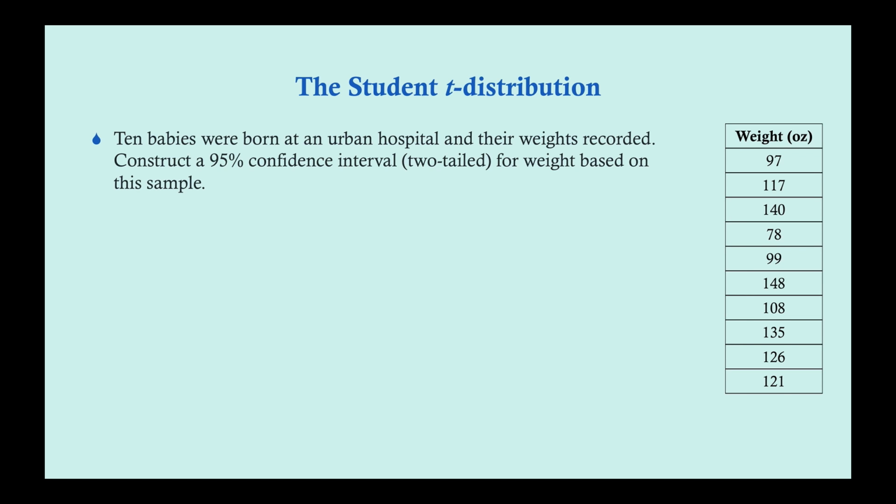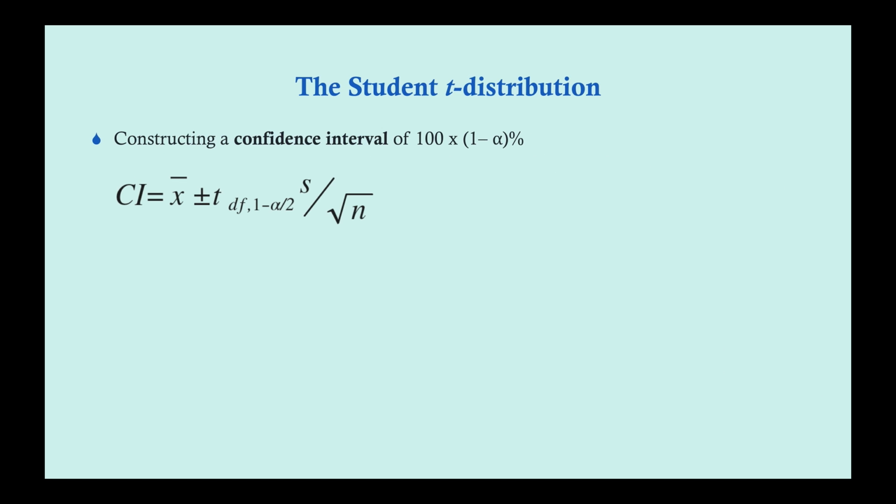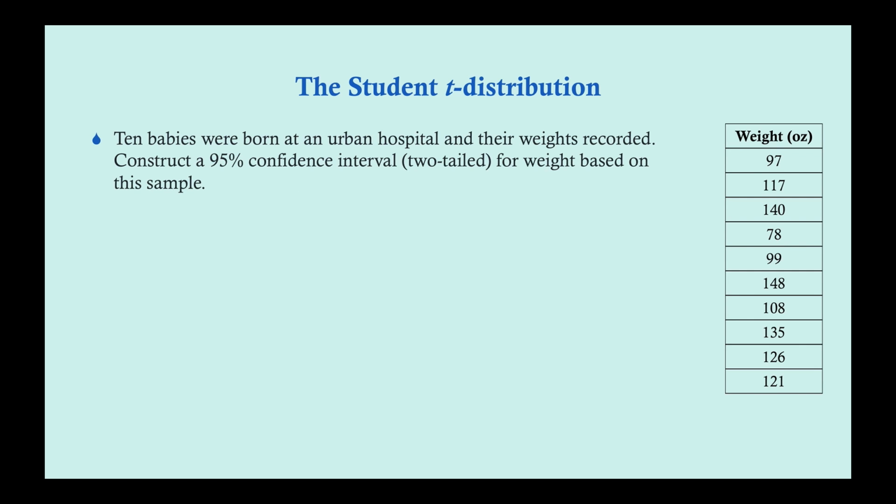Okay, so let's talk about how you do this. So the first thing you want to do, since this is your formula here, you need to find all these values, and you can find all these values by using these numbers and by looking at a t-table. And I would suggest looking up a t-table online. I should have put one on here for you, but you can find them. Okay, so your first step is to